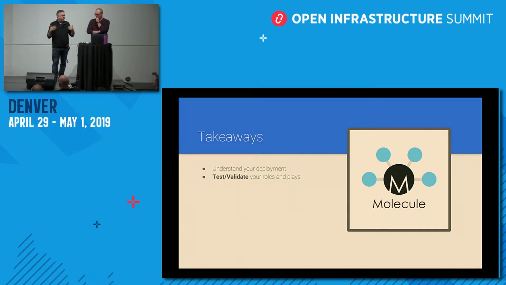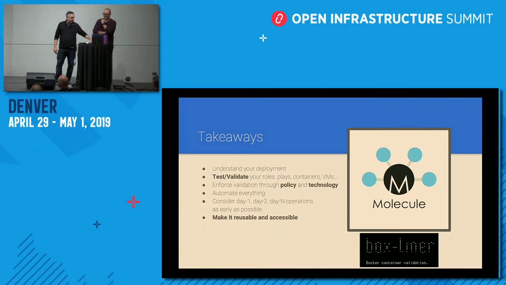Molecule is a test framework for Ansible. Red Hat is currently developing it. It's definitely a very good project to use if you're unfamiliar with it. I suggest looking into it further.